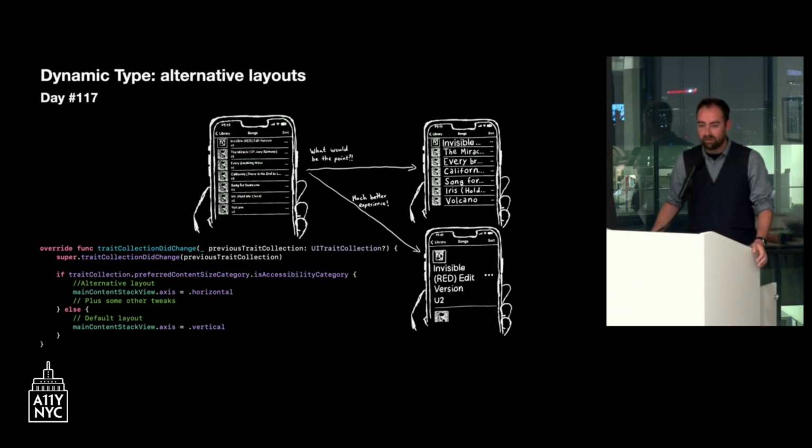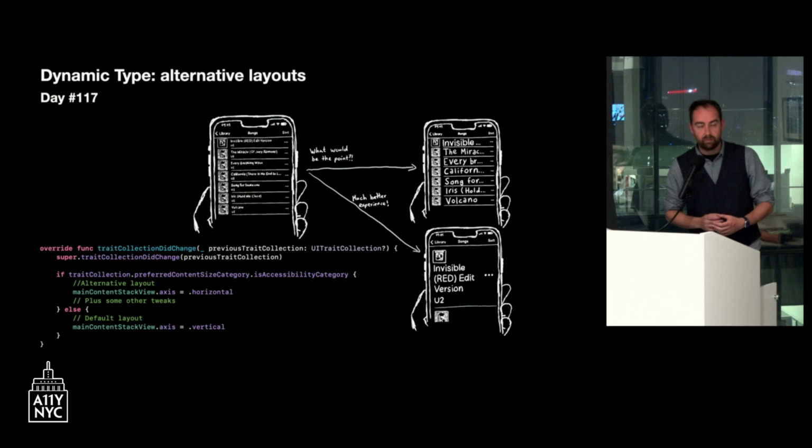An example you can see everywhere is like a table view cell that has an image and some text. So the text doesn't have the whole width of the screen, and that's a problem with large text sizes. But in iOS, you can actually check if the user is using an accessibility text size, or say, if it's larger than the extra large size, I'm going to do some tweaks in the layout.